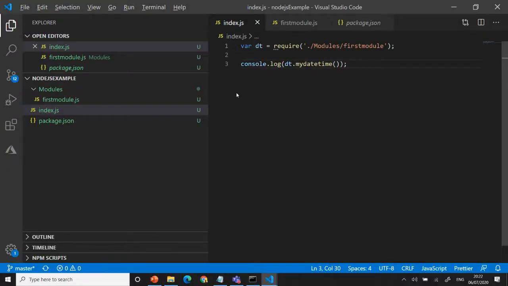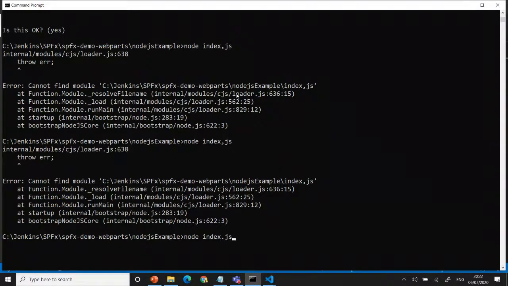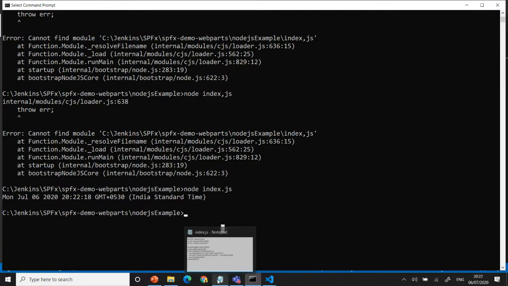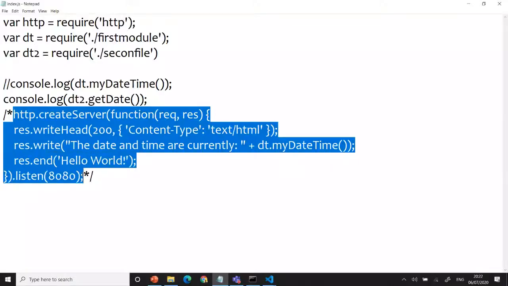Oh, sorry. Calling itself use JS. Okay, now we got the date. We got the output from the return value, right? We can bring that same thing in. If you want to make it in a browser, you can use the HTTP syntax. It will bring the HTTP in the browser. It will load in the browser.